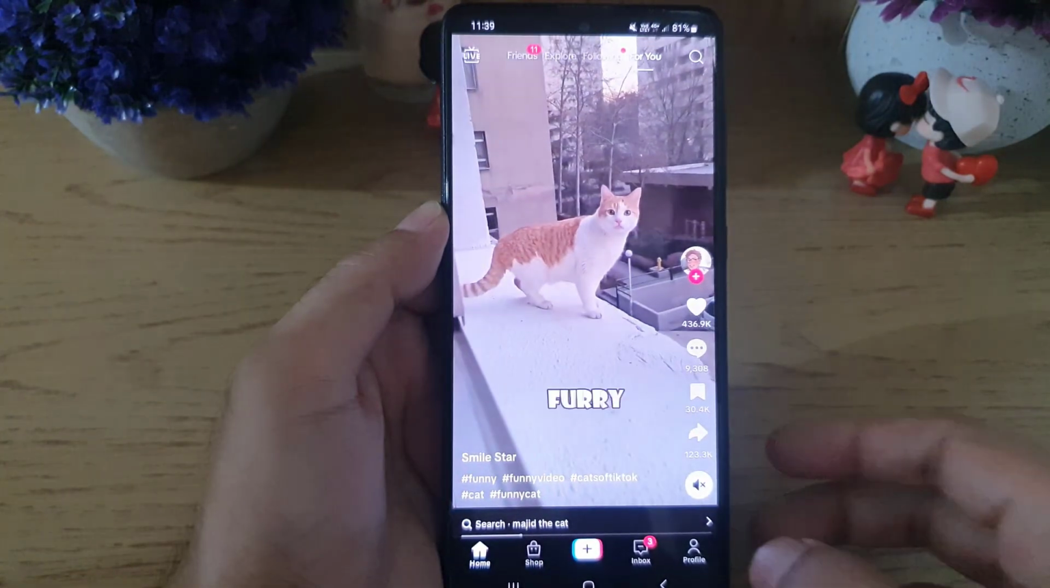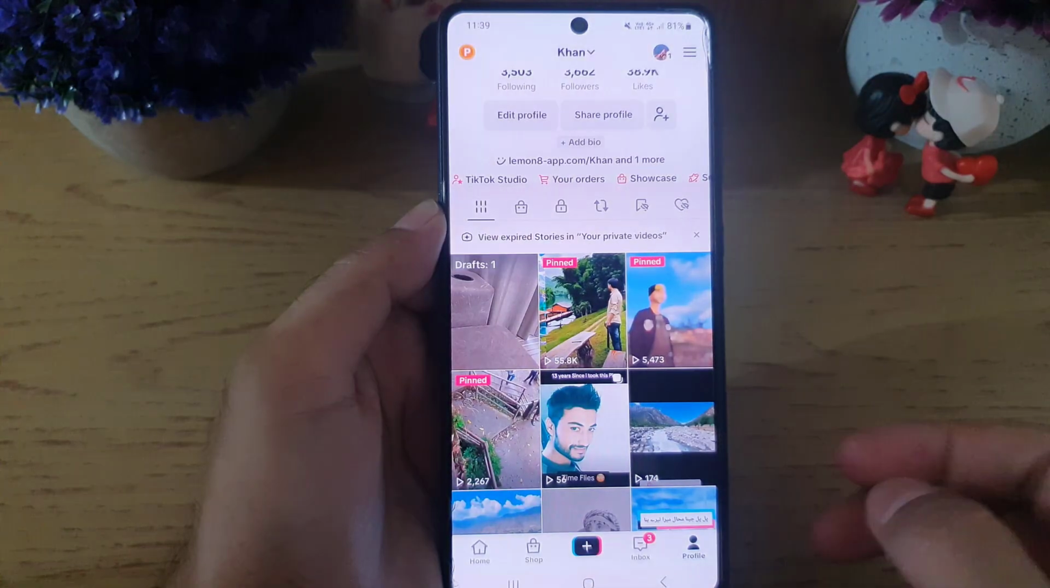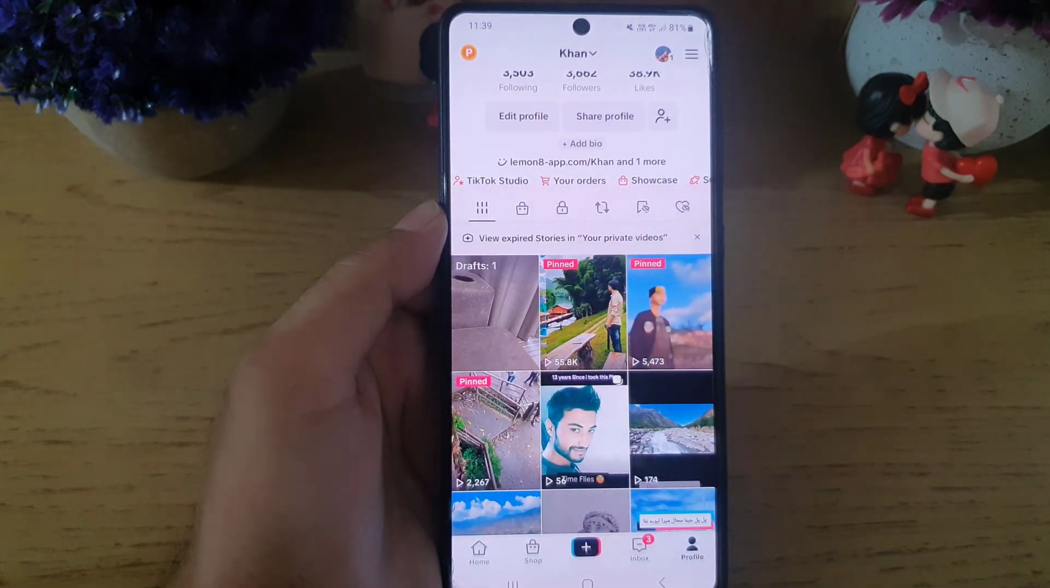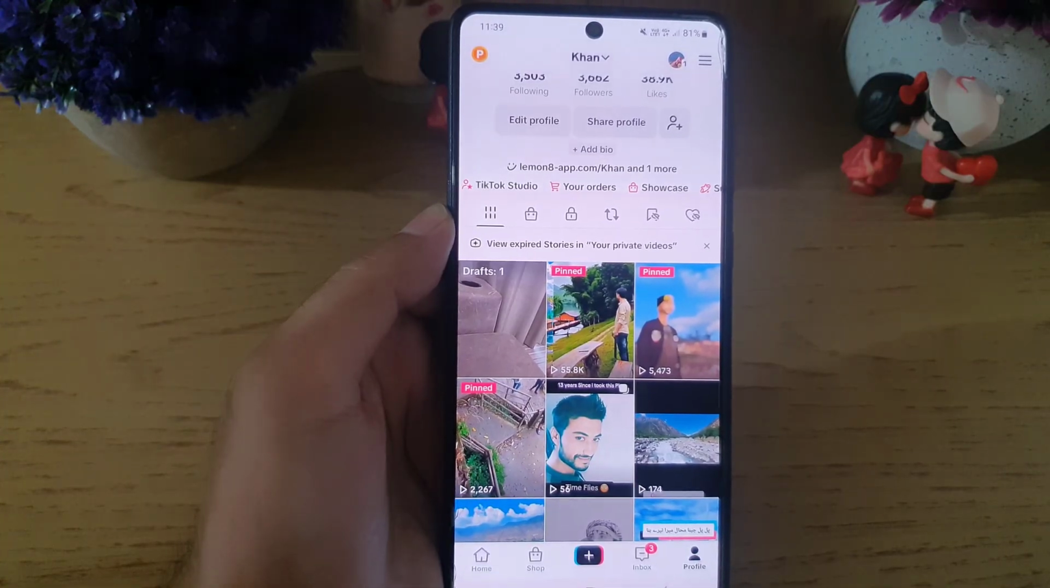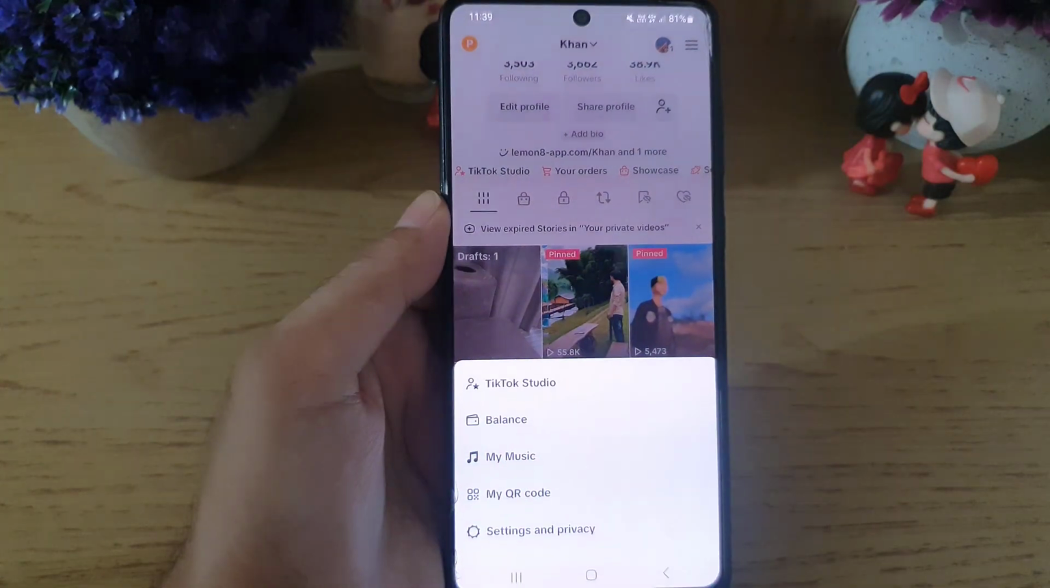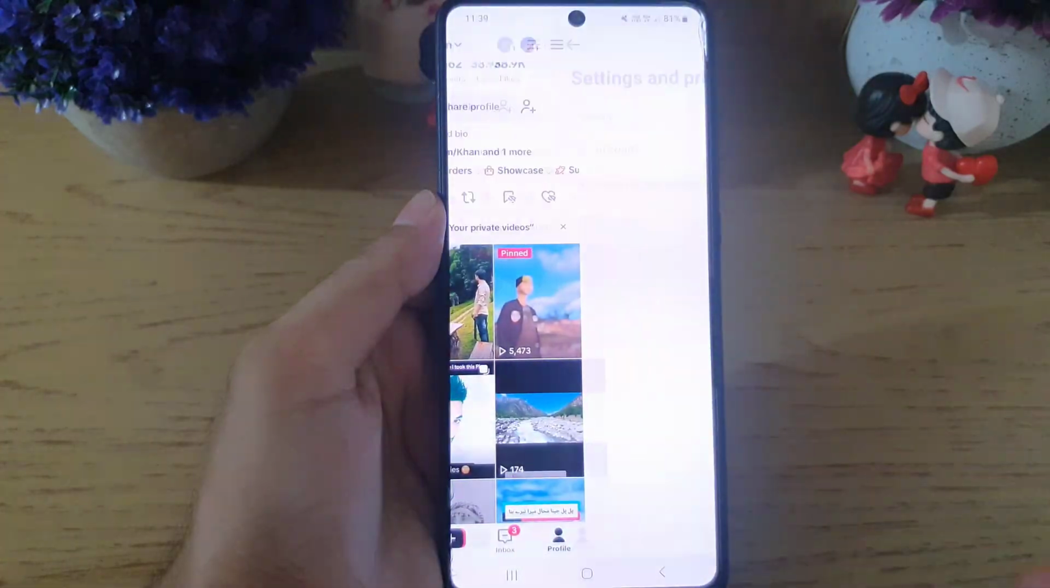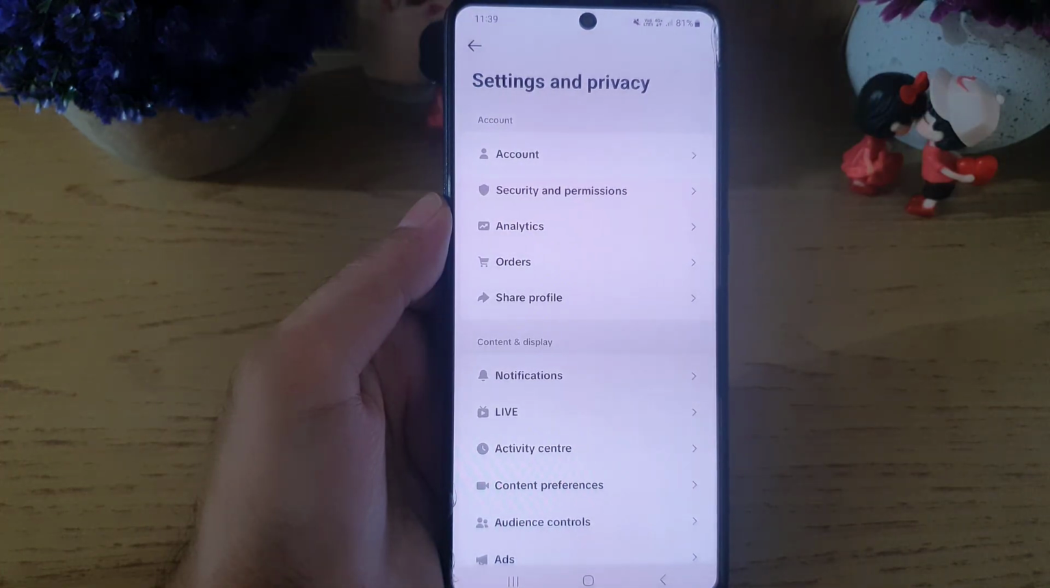First you need to open your TikTok application, then tap on your profile. Here you will find your drafts. If you cannot find them, tap on the three lines at the top right corner, then go to settings and privacy. Here in settings and privacy there is not a particular option to recover your draft, so all you